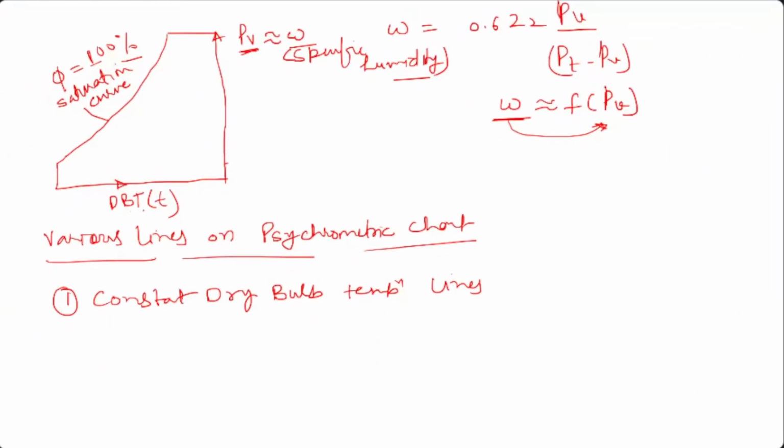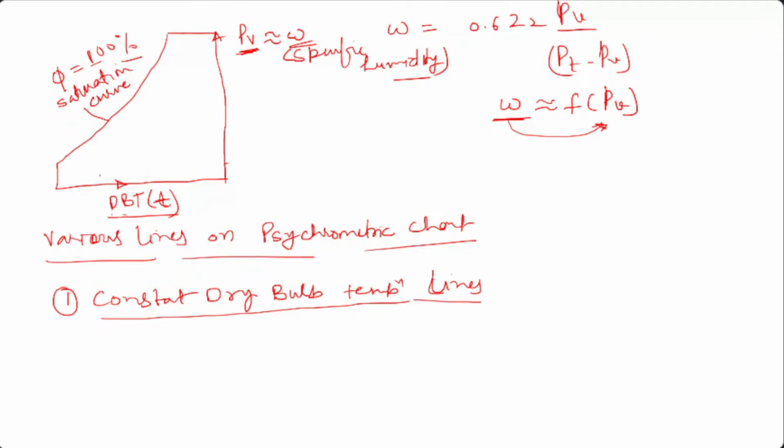Okay. So this is the x-axis, and on the x-axis we have the dry bulb temperature, and this is the small t. On the y-axis we have the PV, or we can say this is the specific humidity. The first one is the constant dry bulb temperature lines. So what it signifies is, suppose this is your psychrometric chart, and this is the constant